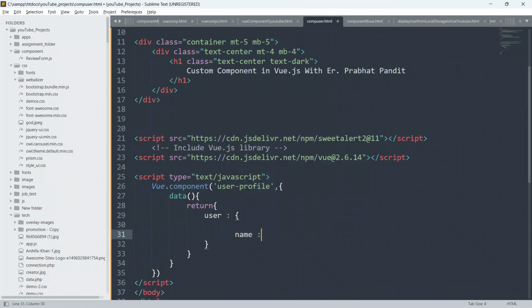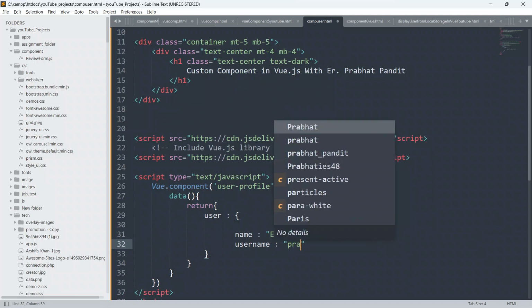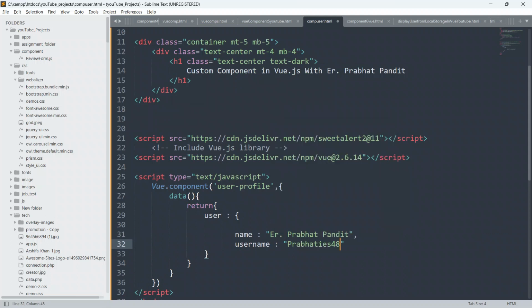Name colon, ER Prabhat Pandit. And I will give the username also. Username colon, Prabhat IES48, put comma.